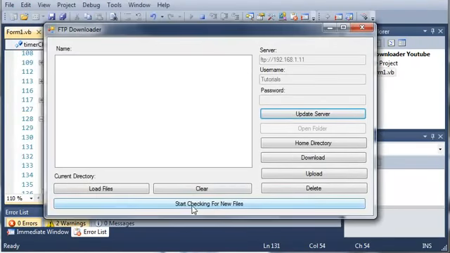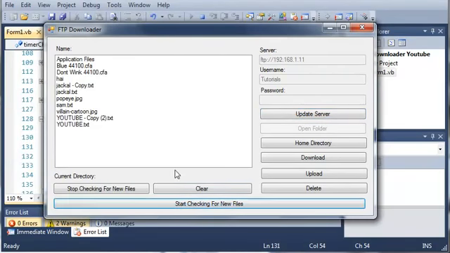And you can see here that we've got start checking for new files. So if I click this, it's going to check for new files. Now that just showed up a whole bunch of balloon tips because it did that for each one of these because it did not contain it. So we'll go to home directory,